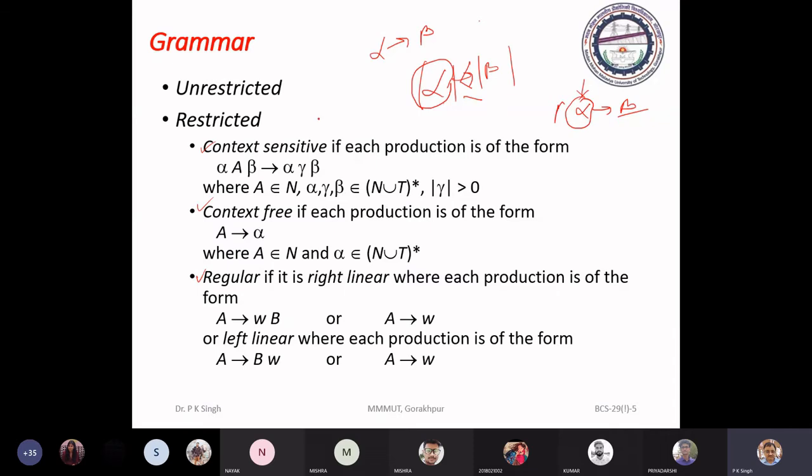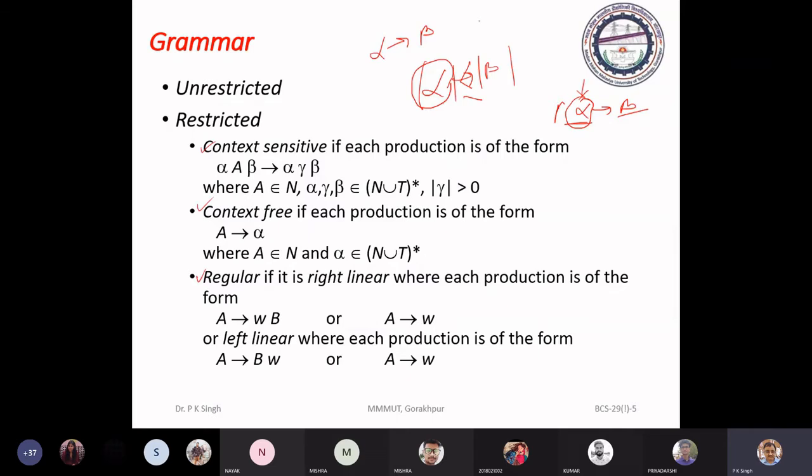Actually, the context-free grammar is a subset of context-sensitive grammar. Because in context-sensitive grammar, we don't have any restriction on this alpha. Here, alpha is a string of terminals and non-terminals, and it may be more than one symbol.